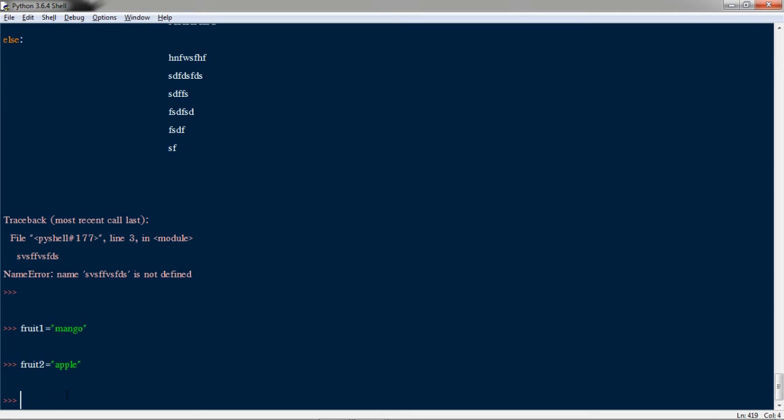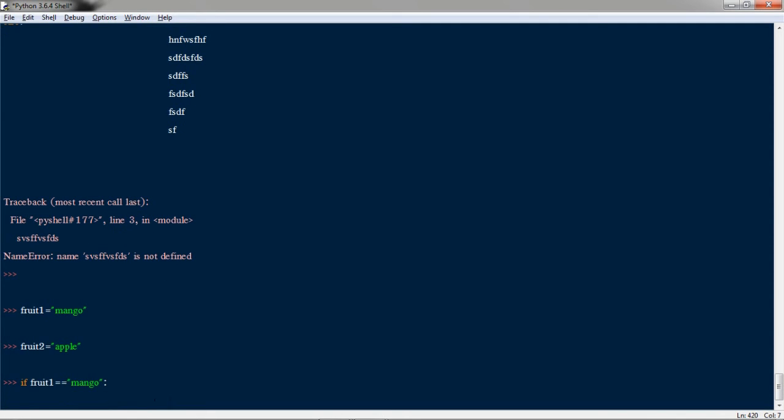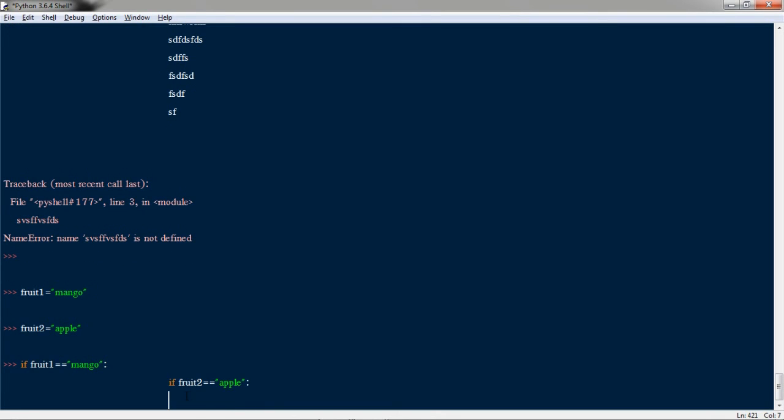Now I'll give a condition: if fruit 1 is equal to mango, then I'm giving an if, and inside this I'm again giving an if statement. If fruit 2 is equal to apple, colon, and then I'll write print.